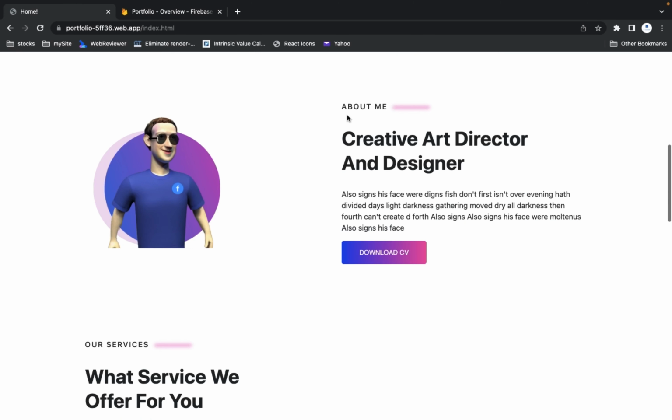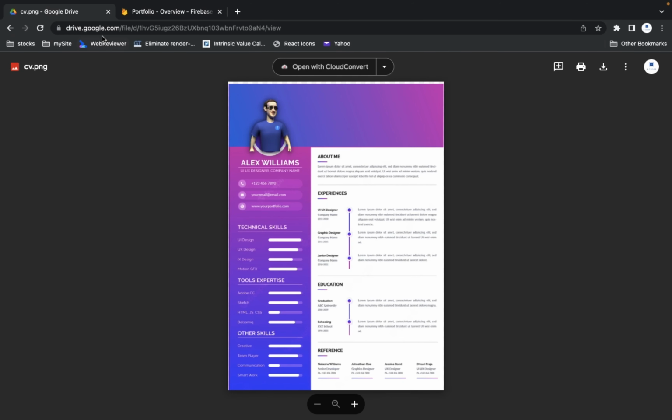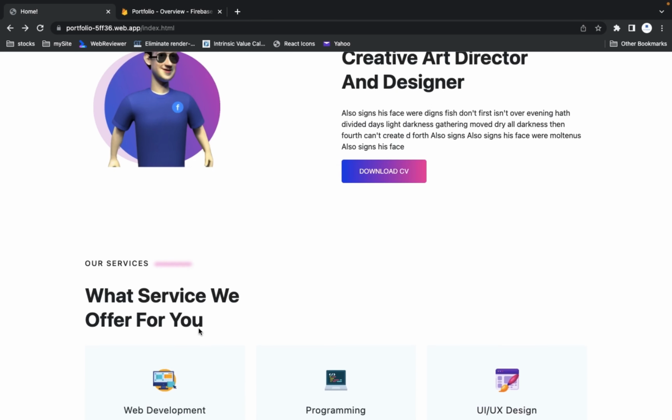Then after that I have given a download button. When I click on this one, I have given a download image which I have uploaded on my Google Drive. So whatever document or things you want to give, the user can download. For that I have given all the things, and I will show you how you can do it one by one.